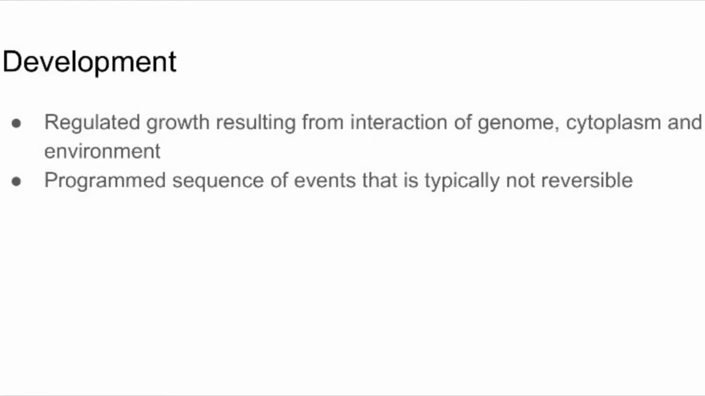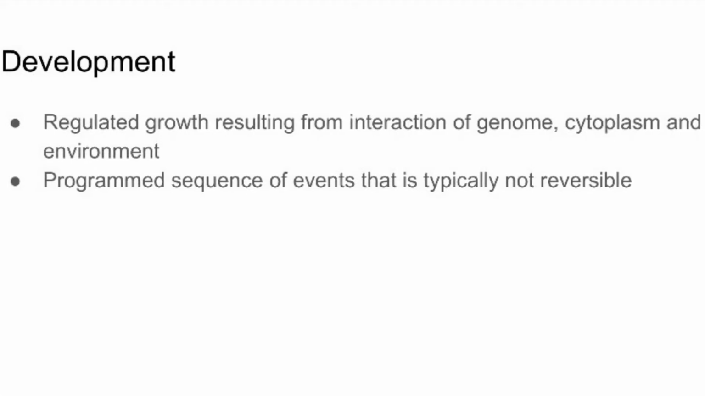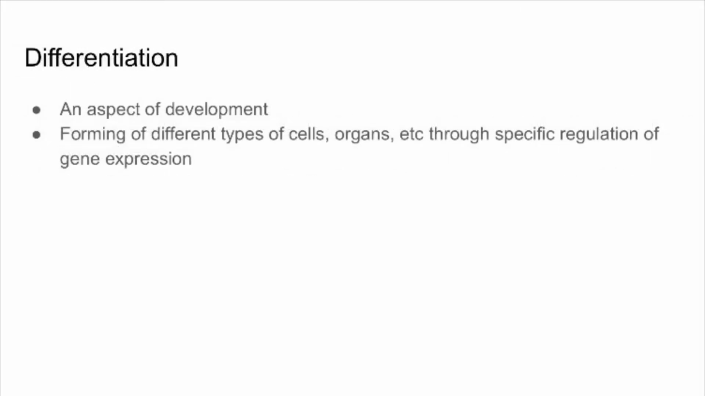Development is regulated growth resulting from an interaction of the genome, cytoplasm, and environment. This is a programmed sequence of events that is typically not reversible. Differentiation is an aspect of development that includes the forming of different types of cells and organs through specific regulation of gene expression. With a combination of differentiation and development, we can create a developmental network to show different kinds